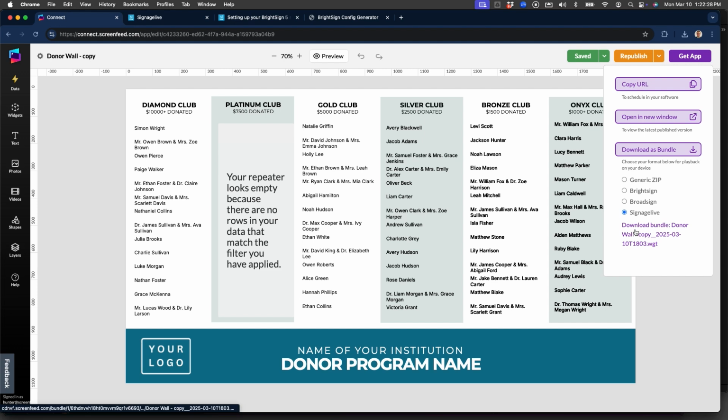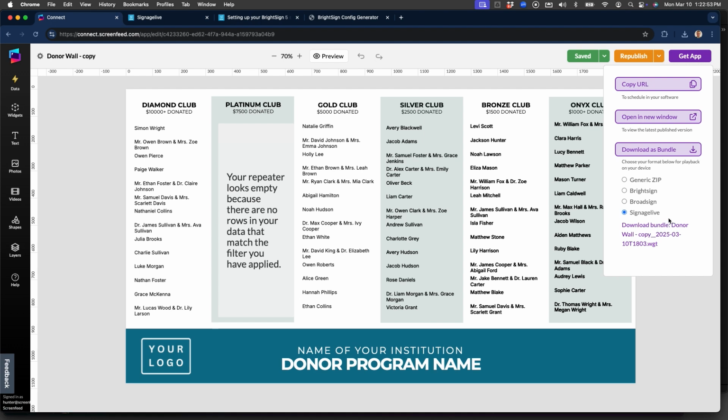Now this file is a self-contained HTML site, basically. But this does still update. So as you make changes to your data source, it will still update and look for updates for those names and donations and filters.